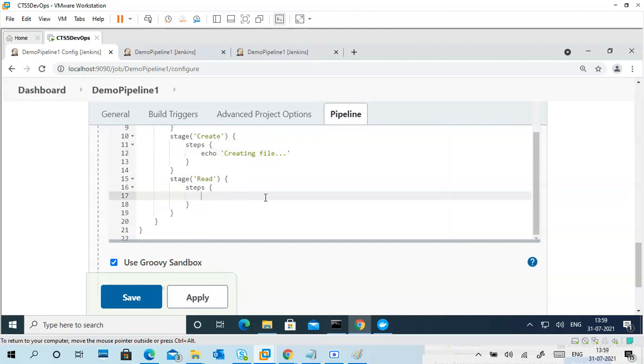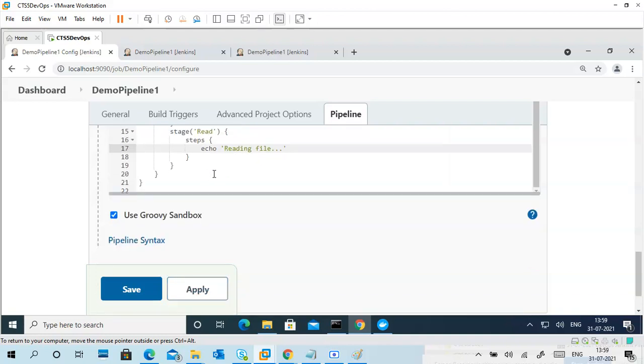Next, type one, so like echo. Okay. Reading file. Dot. Okay. This one, so we put it in another one. Stage in bracket. Just date. Okay. So then